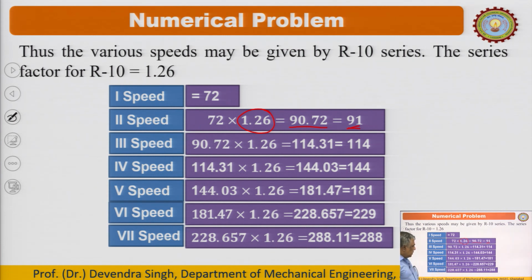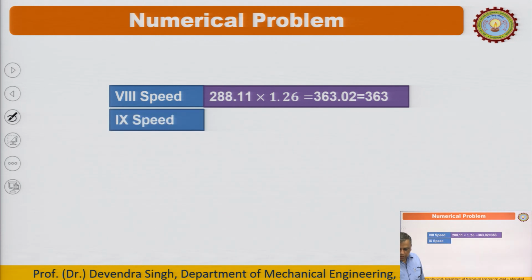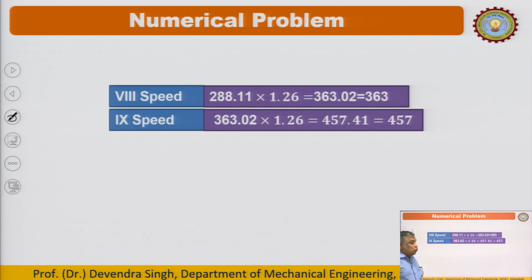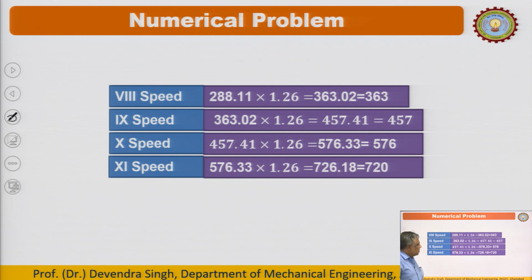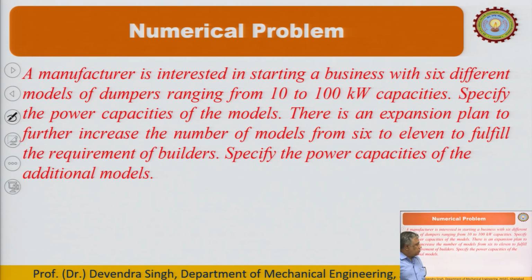This is 288, so there is some error, right. Yes, we need to find out 11 speeds, not 7. So the 10th speed and the 11th speed, this is 720 here. So we have taken 720 from 72 to 720, and we have found out the sizes or the speeds which can be recommended for the satisfaction of the need of the person living in that area or in that continent,